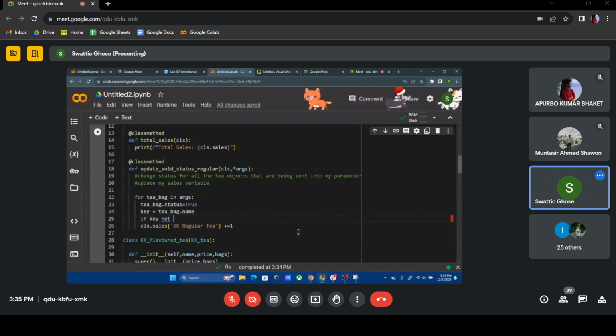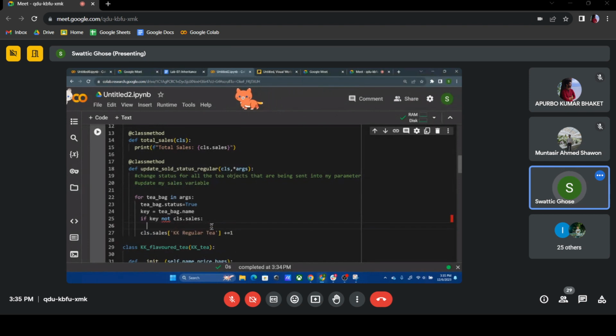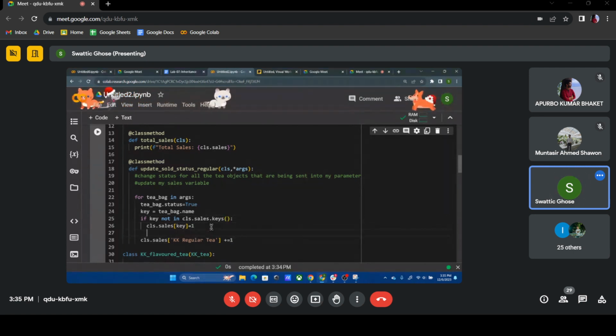So yeah, if key not in sales, then I'll do what? I'll just simply write class.sales key equal 1. Else